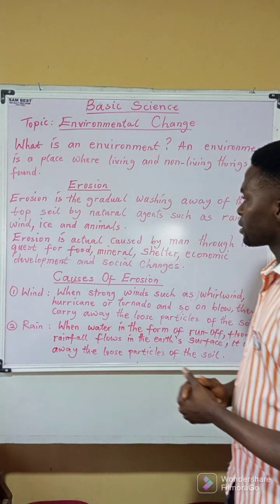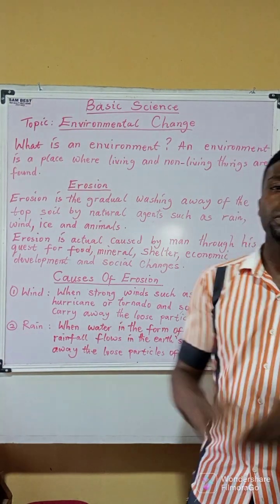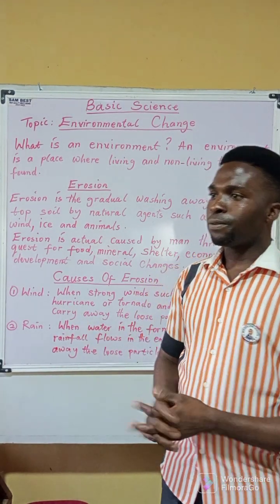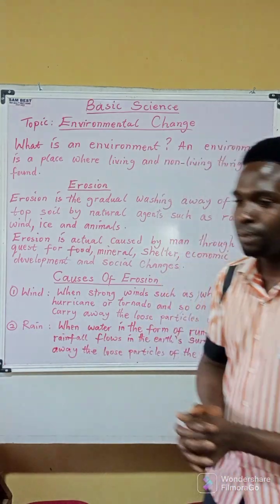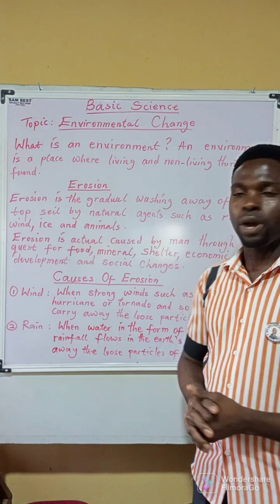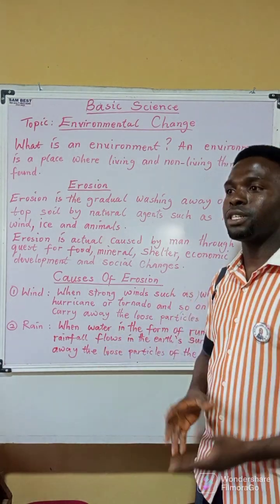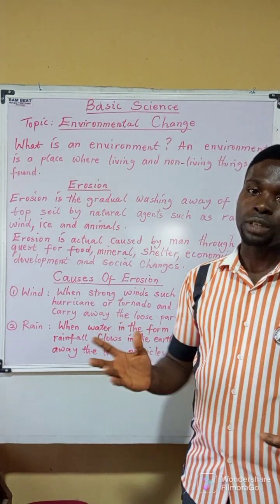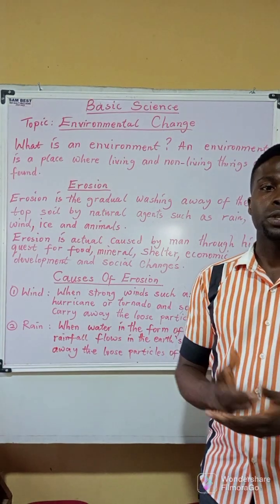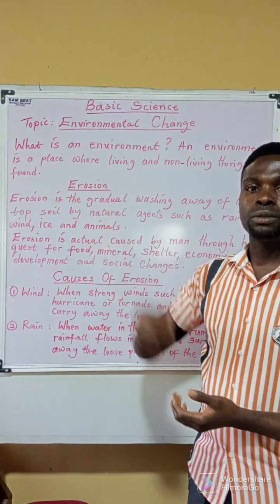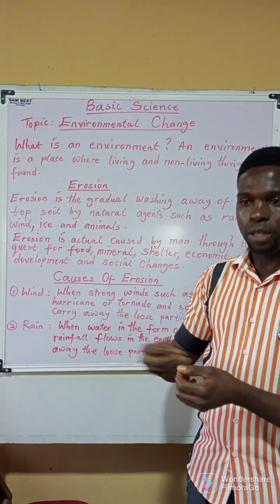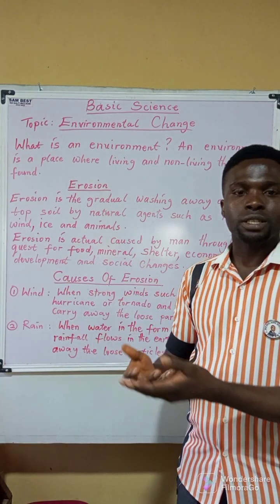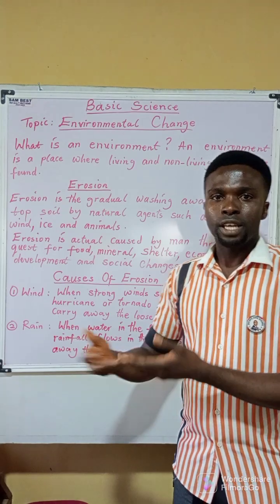Causing what? Erosion. Now, because we want to build houses, you see people cutting down big trees. Now, felling of trees has become, let me say, a business where people always go into the forest and cut down trees for us to use for roofing and all that. All those things are exposing the soil directly to what? Rainwater. So whenever there is rain or whenever there is heavy wind, you can see that it always comes in contact directly with the soil, thereby what?